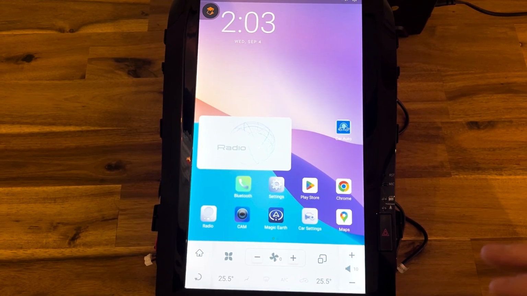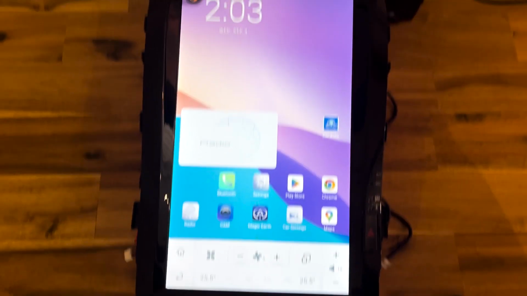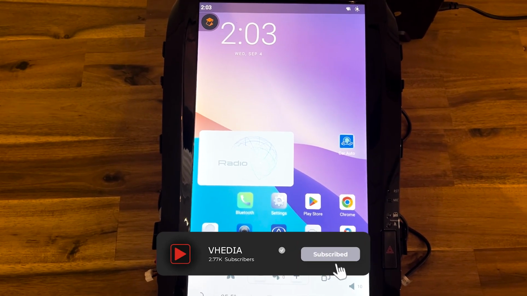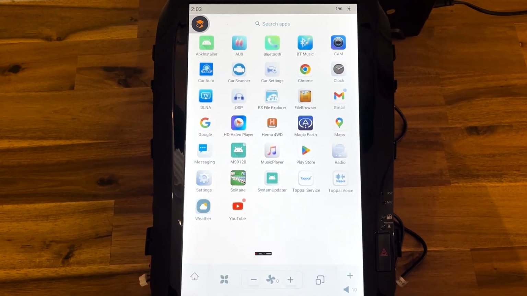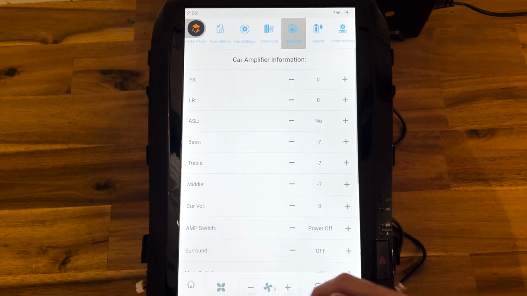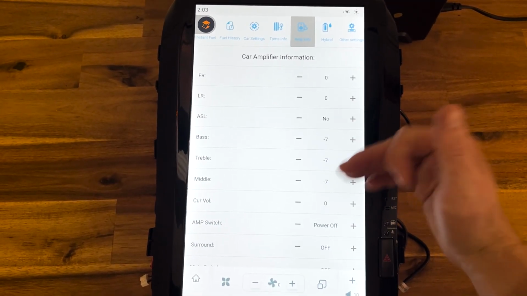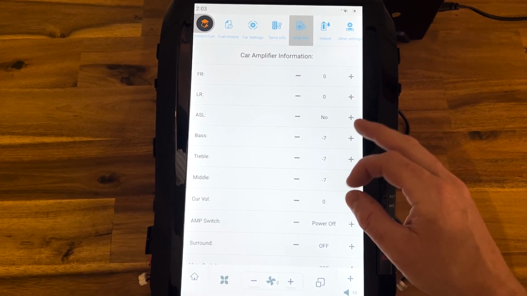Having sound issues, for example, sound coming through the front speakers but not the rear speakers, or the sound not coming out at all and you have checked all the plugs and everything. Another thing to check is to come into Apps, Car Settings, and into Amp Info, because these settings are actually going to talk directly to your factory car's DSPM, and these are the ones you need